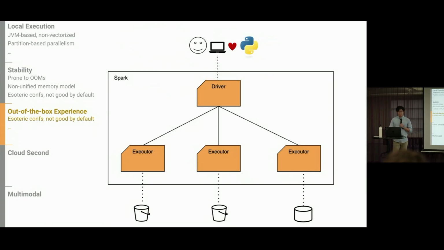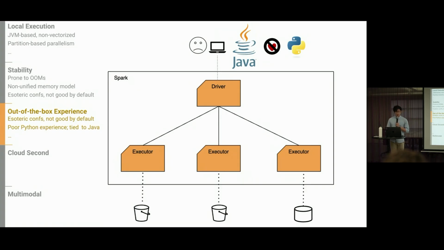Everyone loves Python. A lot of Spark users use PySpark. The problem is you're not really using Python. You're using Java under the hood, and you're connecting it through Py4J. So when you first install PySpark, if anyone's ever done pip install pyspark, you will try to use Spark and you will fail, because you might not have set up your Java environment properly with your JAVA_HOME, the right JVM, 17. Previously you might have had to use Java 8 or Java 7.